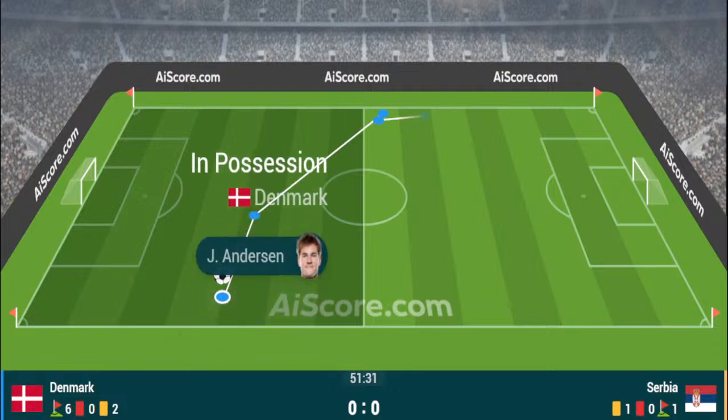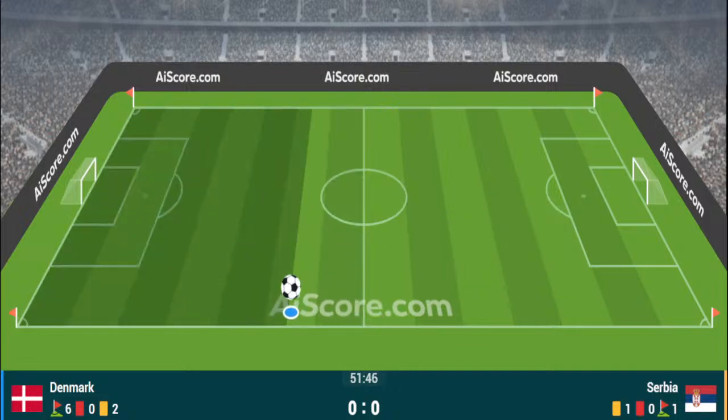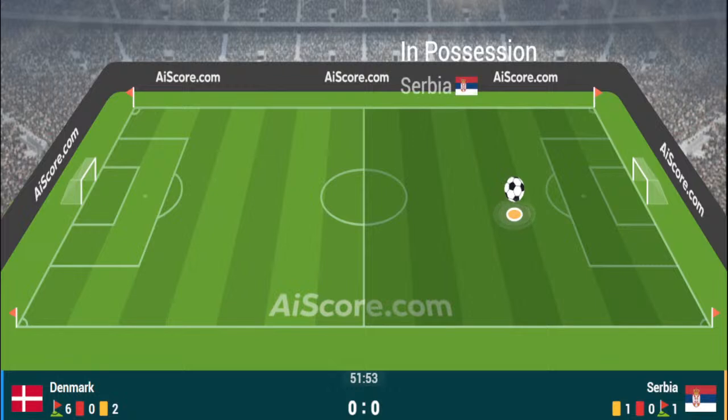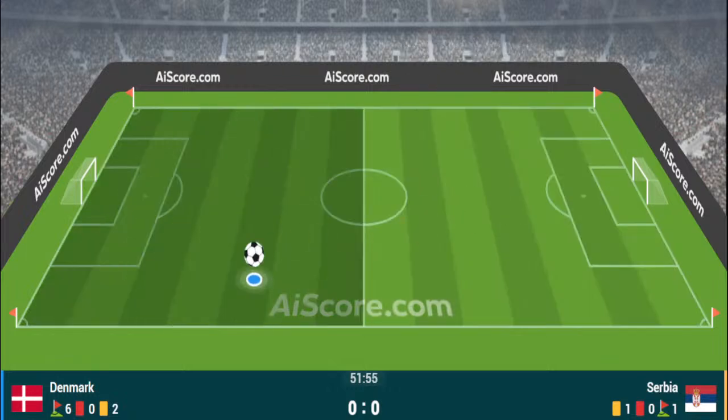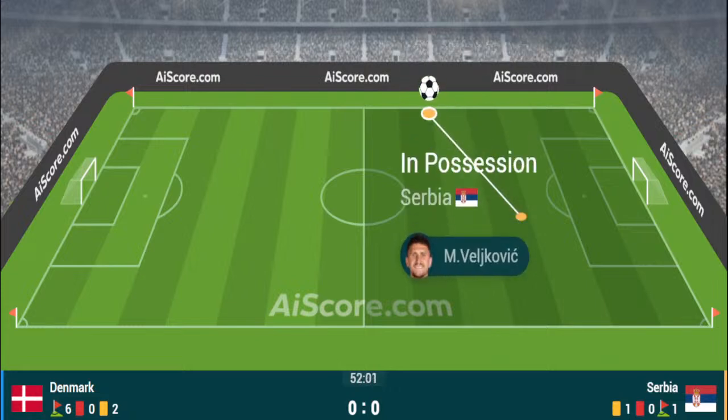So Denmark 0, Serbia 0 is the score, and it will be a corner kick now for Denmark, which is on the edge of the penalty area. They've taken it short, now zipped into a cluster of bodies, and Serbia have managed to scrap it away. It is still wafer thin in this group, and as it goes on and on, Serbia are going to have to take more and more chances in the game.